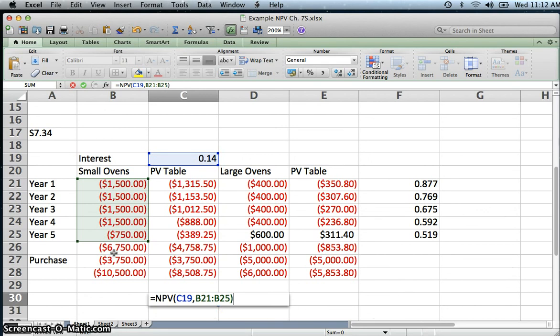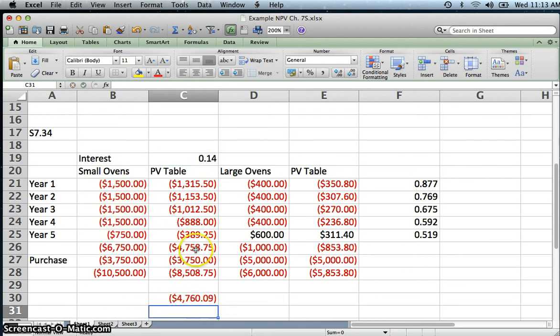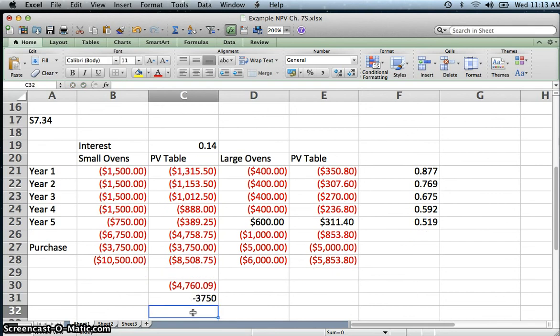So the first one would be 0.877, and the second one, so it's doing it for us, all built into this function. Now you'll see that they're a little bit different because this value is this value, and then we would of course have to subtract the original amount, the cost of the oven,